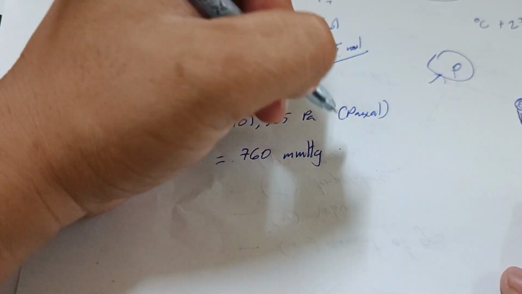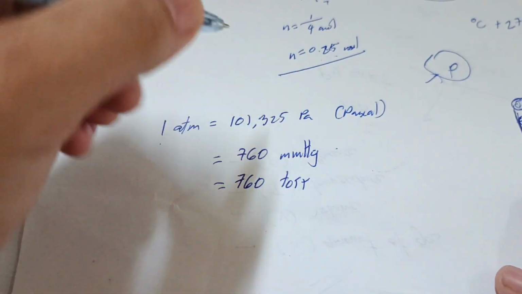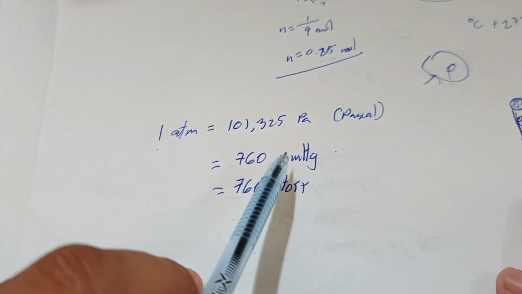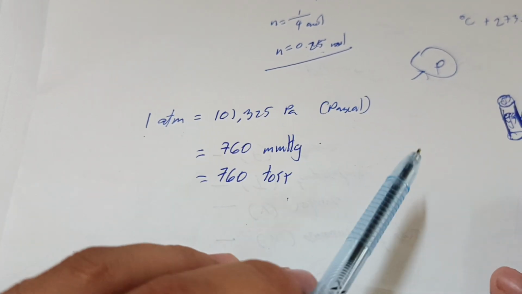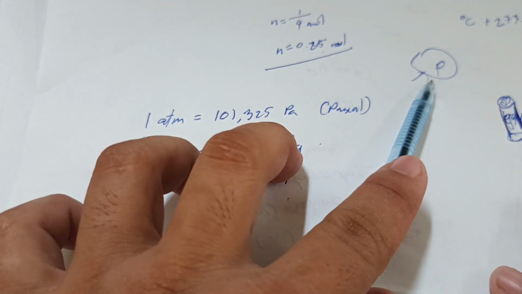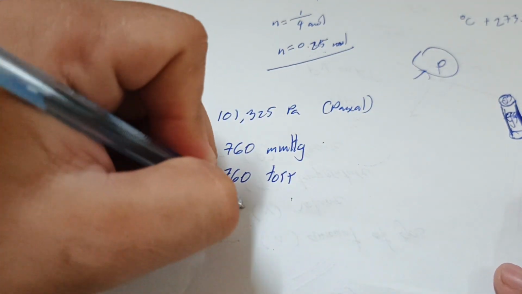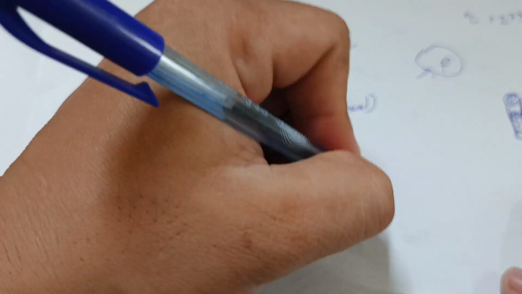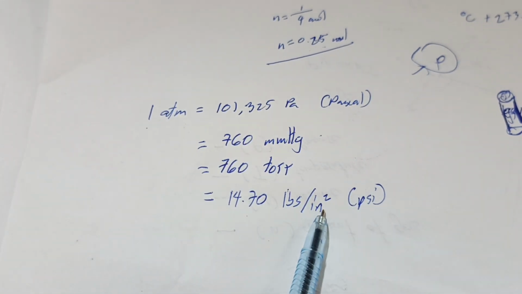or also equivalent to 760 torr. mmHg, or millimeter mercury, and torr are other units of expressing pressure. Then you also have here 1 ATM equivalent to 14.70 pounds per square inch, or simply PSI. PSI is another set of